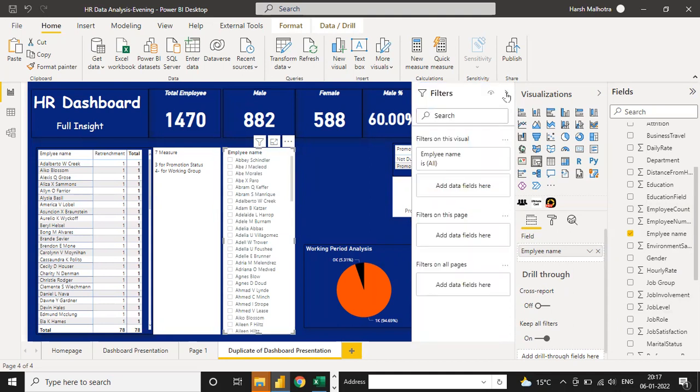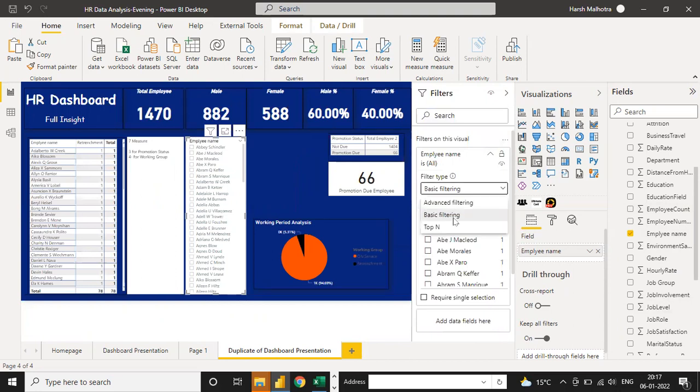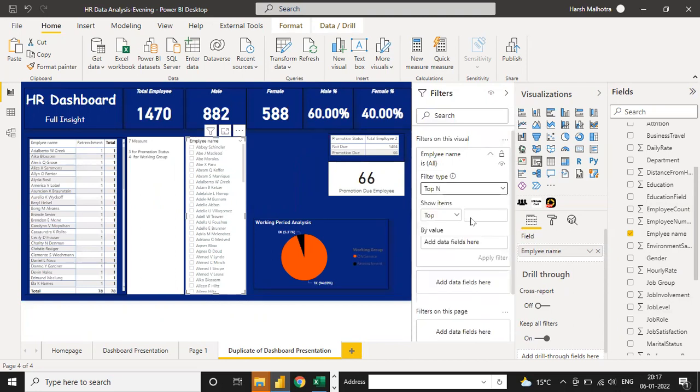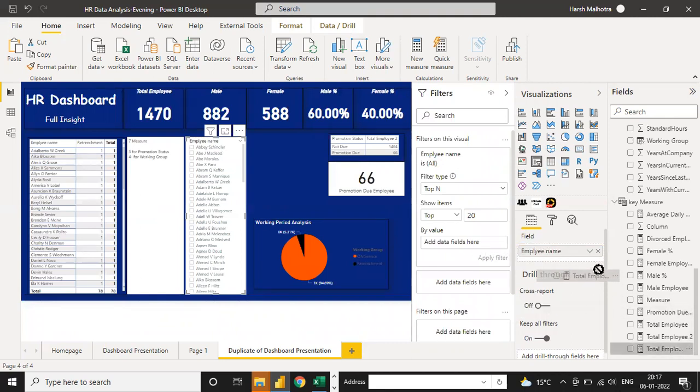Now go to this filter, employee name, basic filter, top, and suppose you need the top 20 employees on the basis of total employee, by adding this value under this. If you click on apply, you can see under this visualization you have only 20.